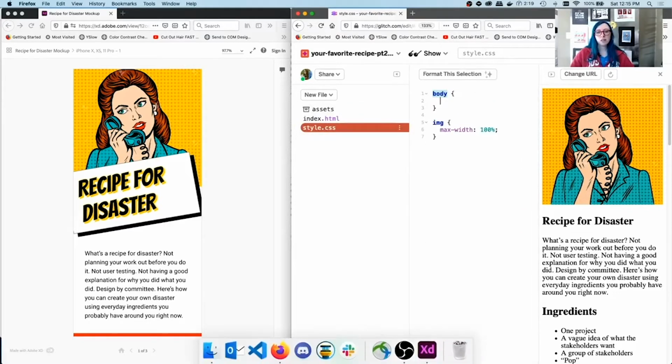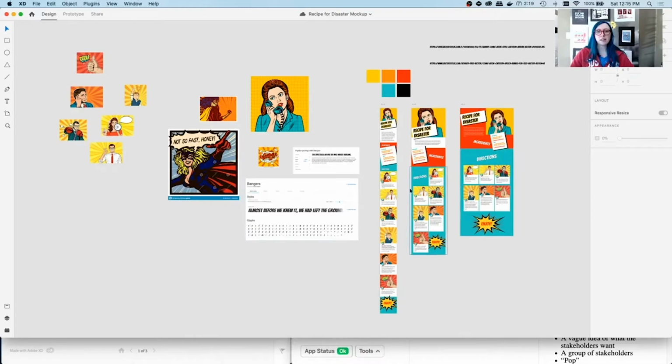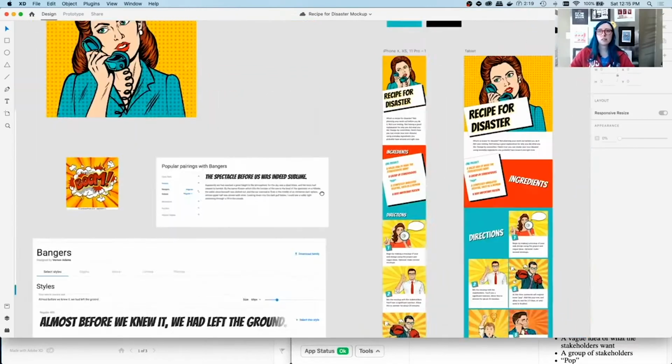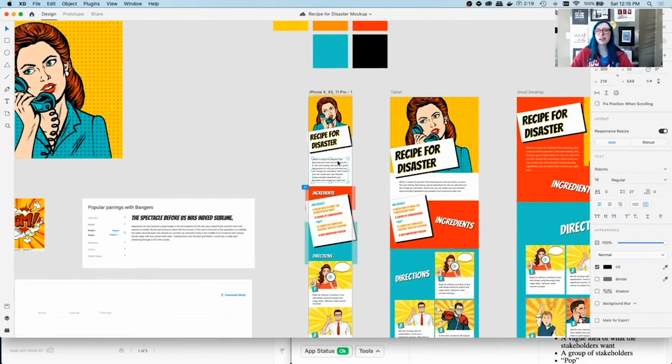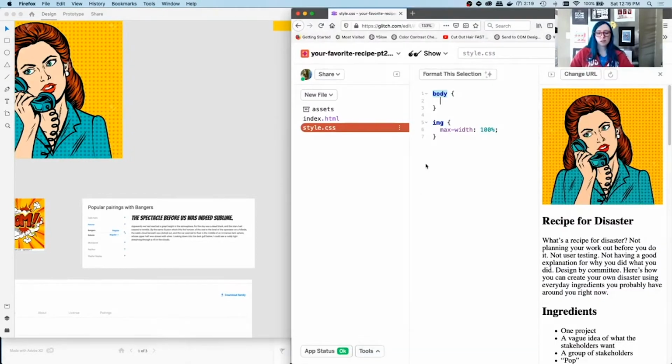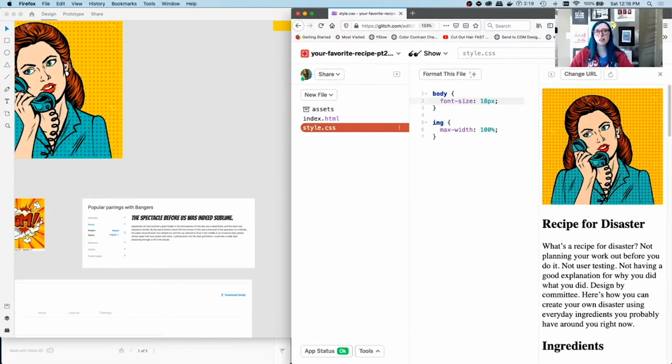And what was our type size in Adobe XD? Let's find out. I'm going to pop back into our mockup and just select this. We're going to see that it's 18 pixels. So here, we are just going to define this as font size, 18 pixels. Oh, and you can see it got a little bit bigger in my preview.